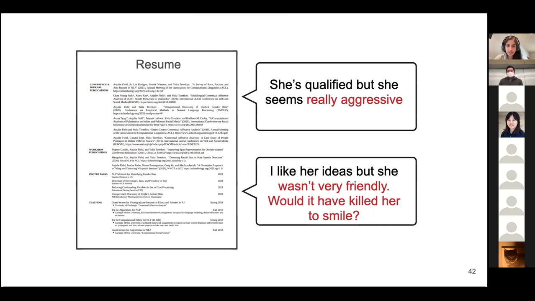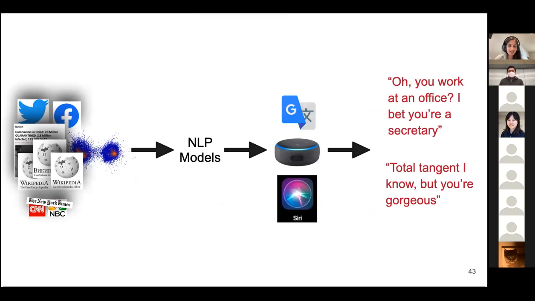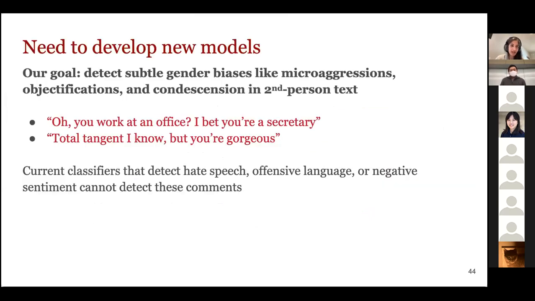And to go back to the question of where we care about this in an NLP space when we're building NLP models, these aren't the kind of things you want a chatbot to say to someone. I'd be pretty unhappy if I had an Alexa and it said things like this to me. So there are incentives for wanting automated ways to identify content that can be biased, but in a way that might be subtle and difficult to detect.